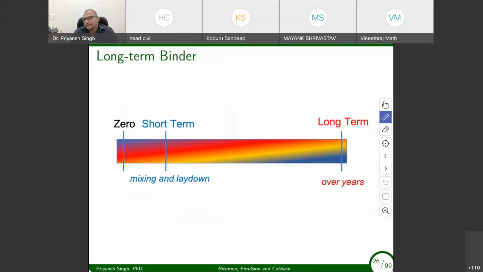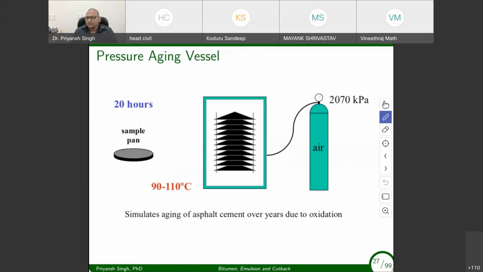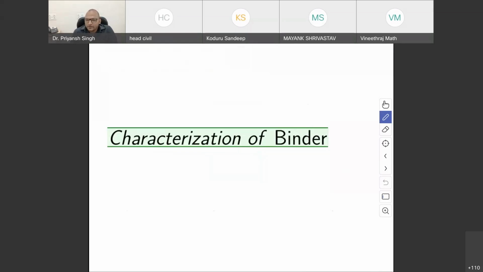The third aging condition will be in the service life of the pavement over the years, maybe after 10 years of time or maybe more. So that can be simulated by using the pressure aging vessel, which is essentially a kind of pressure cooker, you can say. So here we'll put our binder in the small sample pan, and we'll put the binder at the temperature 90 to 100 degrees Celsius at some pressure. So the effect of the pressure will be its boiling point will be elevated, and that's how binder can be heated more. And this will simulate the condition of around 10 years of in-service aging of the binder.